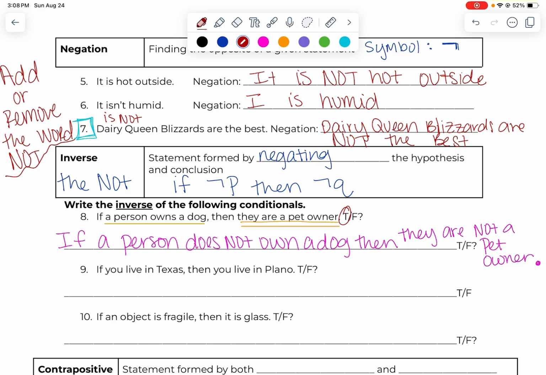All right, number 9. If you live in Texas, then you live in Plano. We're going to underline the hypothesis once and the conclusion twice. So is this statement true or is this statement false? This statement is false. So we're going to do the inverse now, we're going to add the word not. If you do not live in Texas,